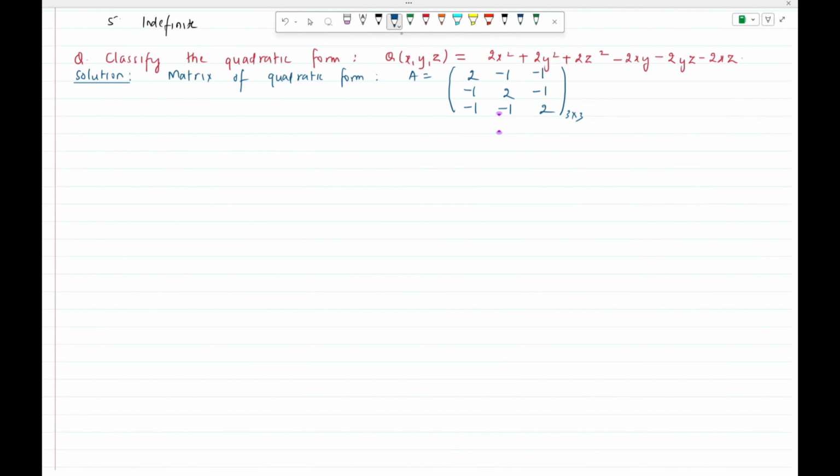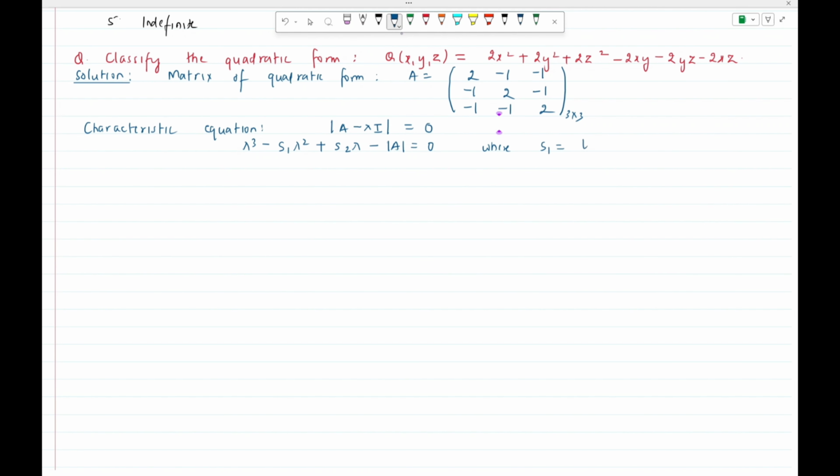And since the problem is classification of quadratic form, what we have to do next is to determine all the eigenvalues of A. So to determine the eigenvalues of A, we are going to take help of the characteristic equation. The characteristic equation of A is given as the determinant of A minus lambda I is equal to 0. And since it's a 3 by 3 matrix, we can preferably use the shortcut. It is going to be lambda cube minus S1 lambda square plus S2 lambda minus determinant of A is equal to 0, where